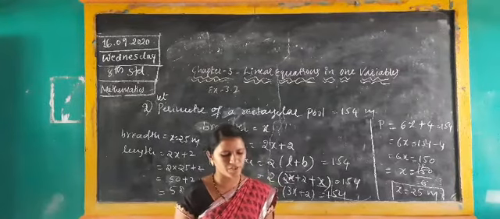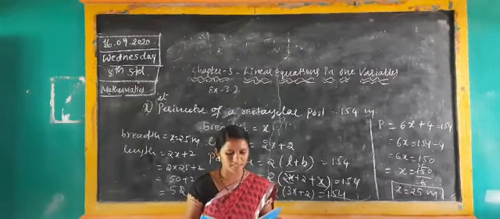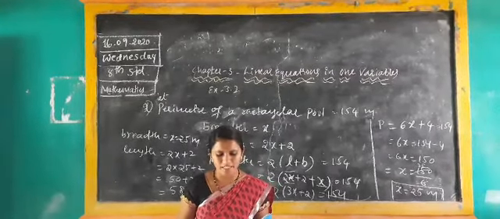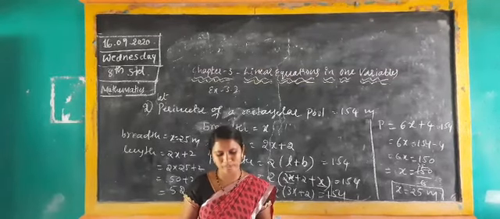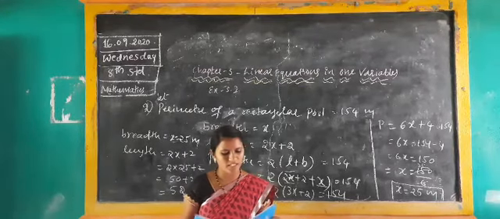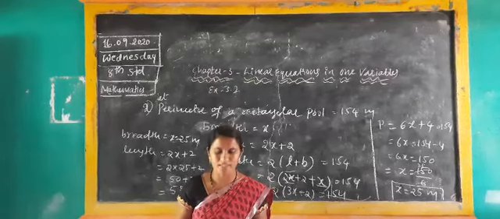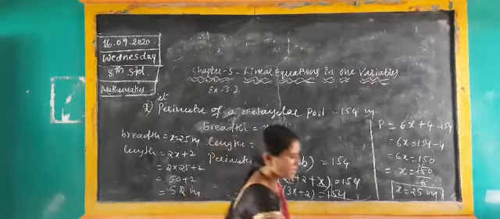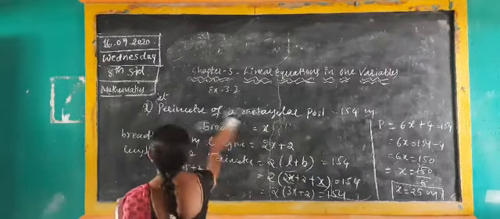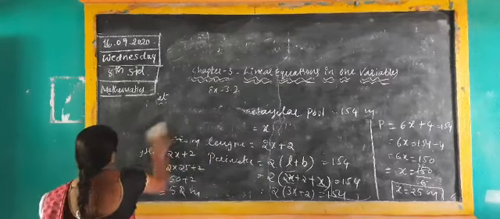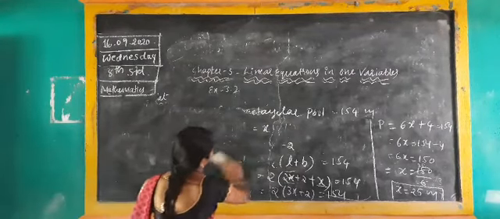The base of an isosceles triangle is 4 by 3 centimeter. The perimeter of the triangle is 4 into 2 by 15 centimeter. What is the length of either of the remaining equal sides? Here equal sides are given, means you have to take two sides will be equal. Okay, take down the third one.